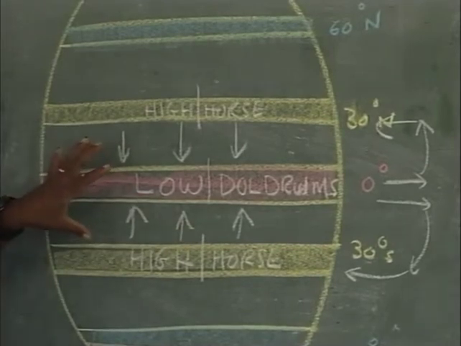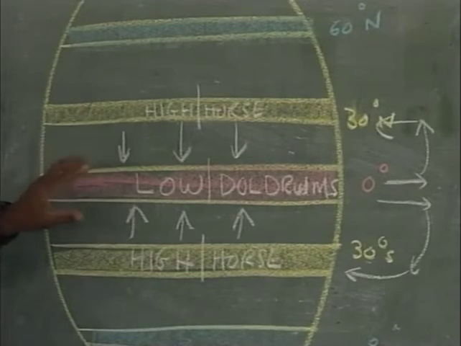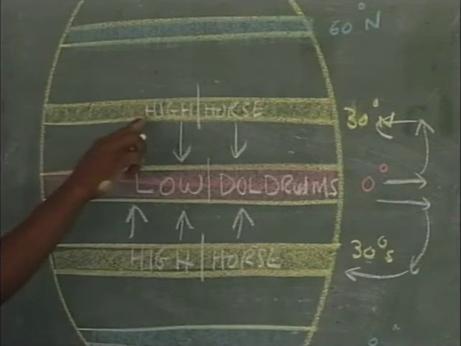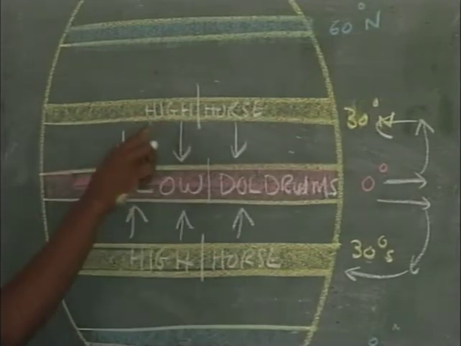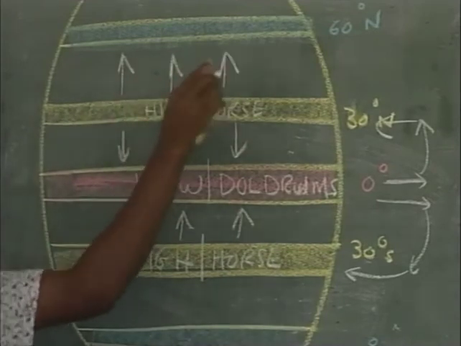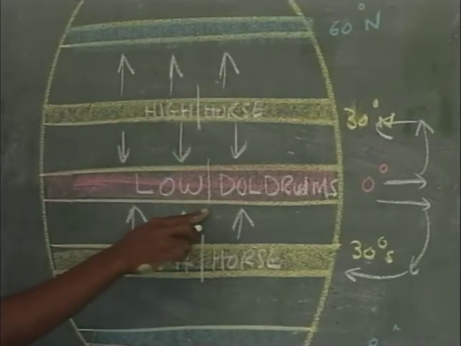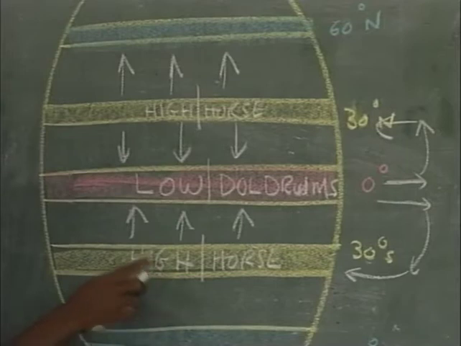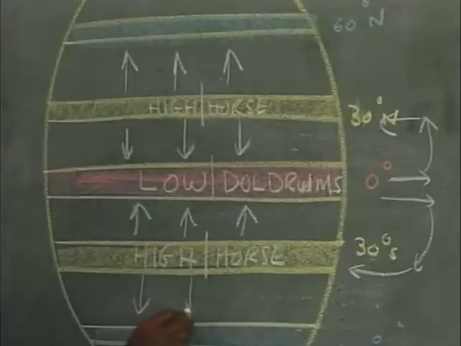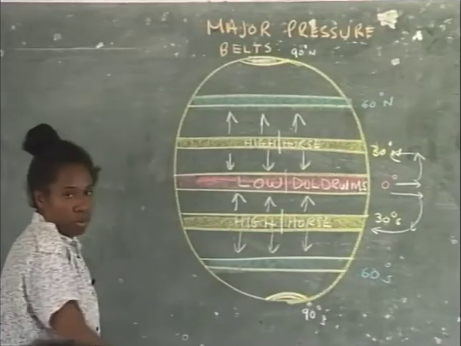But we are not looking at the winds yet. We'll come to that next. We are looking at the pressure belts. Meanwhile, some of the air which has sunk around the Horse latitude north and south will travel to the north. Some of them will be traveling back to the equator. Similarly here, in the southern hemisphere, some of the air will travel back to the equator. Some of it will travel to the South Pole.